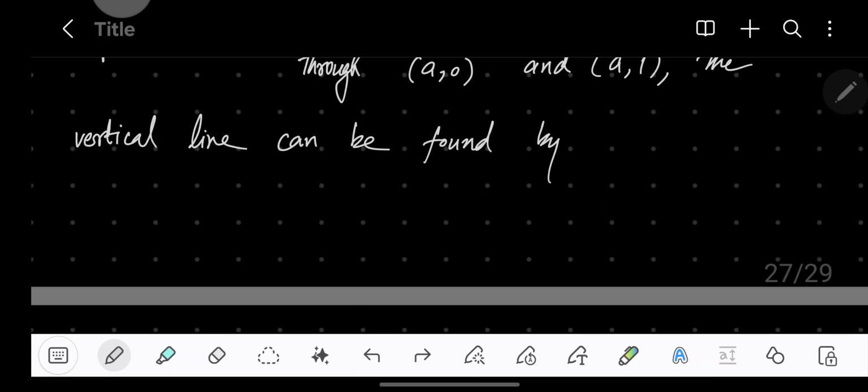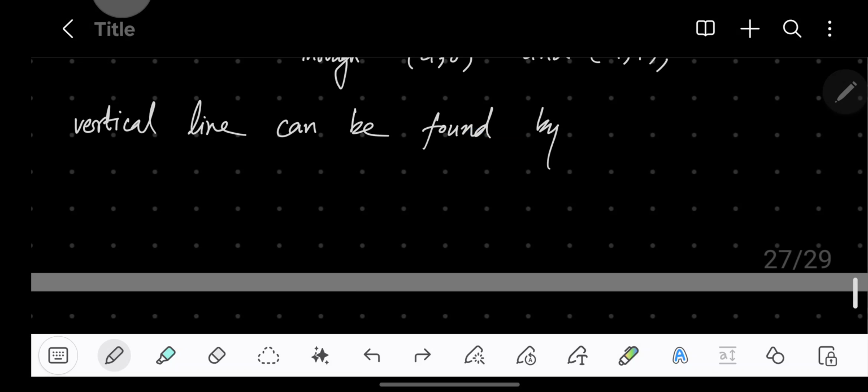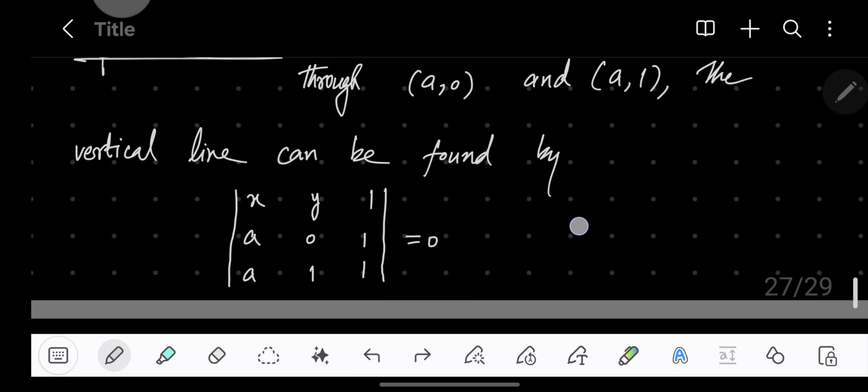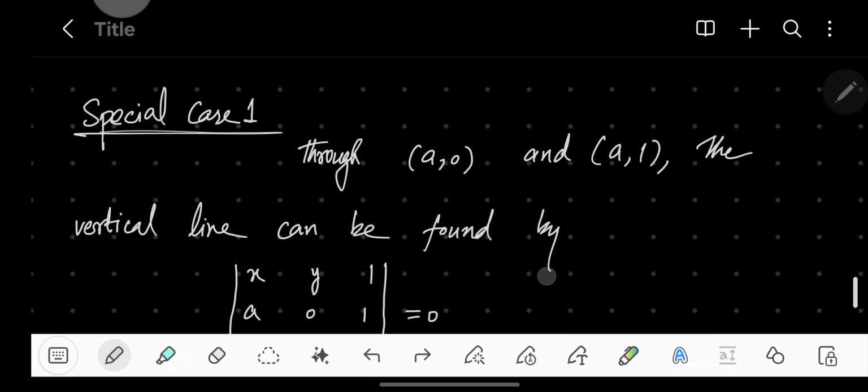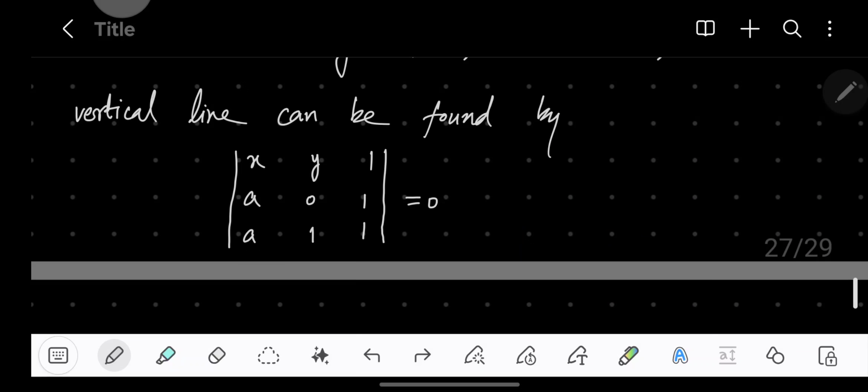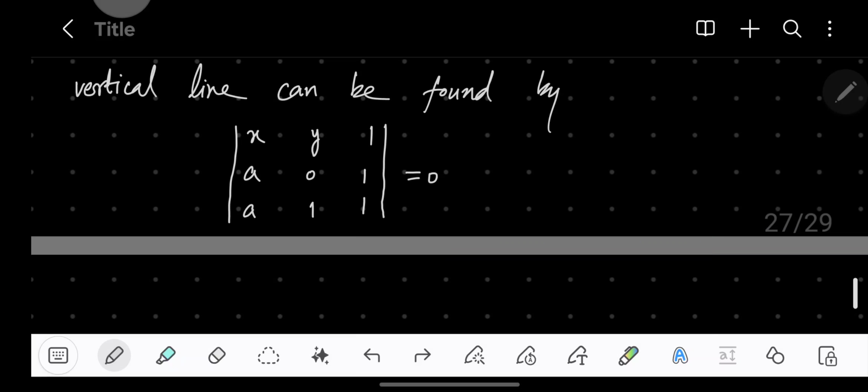The equation of line can be found by the determinant method in this way, because x, y, 1 and these ones are coming from the formula, and this is the first point and this is the second point. Here you can check first and second point. So using these points and the determinant method, we can find the equation of the vertical line. If we expand this determinant along the second row, because the second row has a 0,